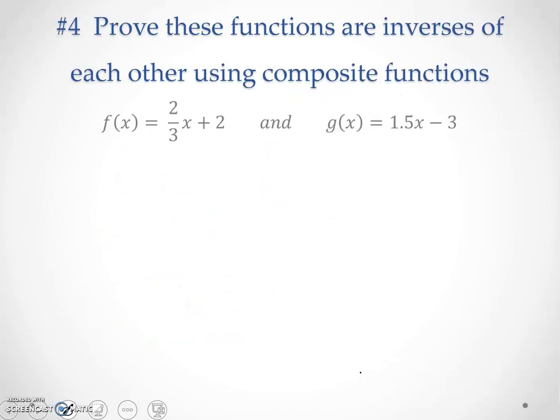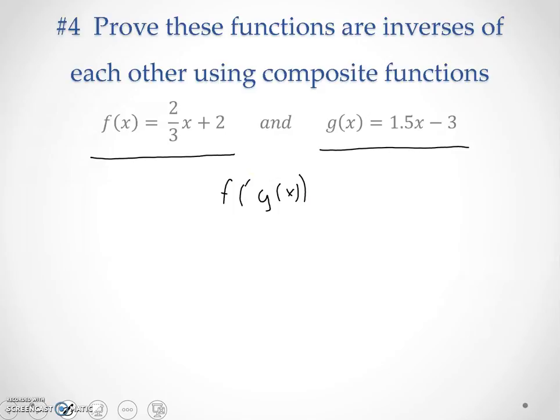Let's move on and take a look at proving whether or not two functions are inverses of each other. So I'm going to propose that the g of x function is the inverse of the f of x function. Well, you know how we talked about how the inverses undo the original function. So if I had something like this, and I had the f of g of x,